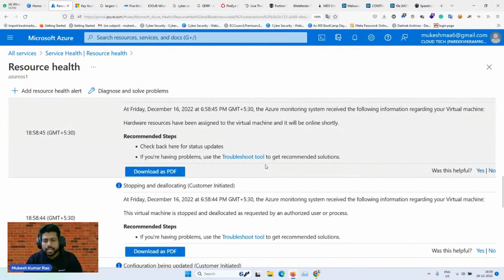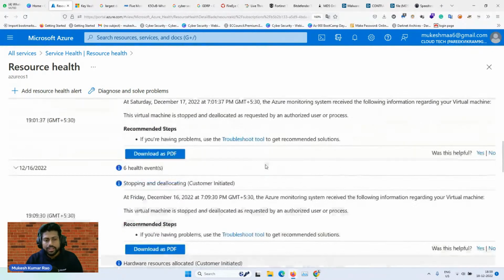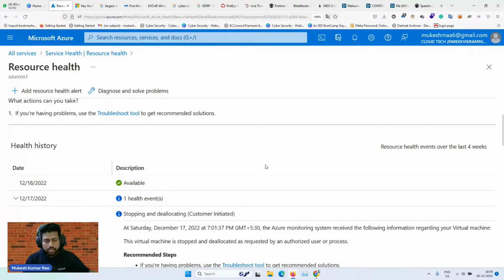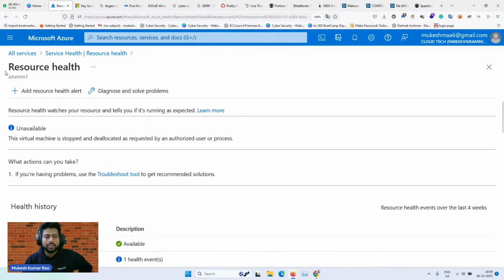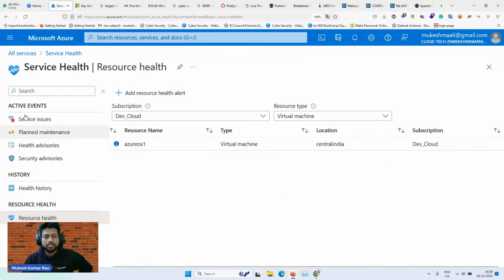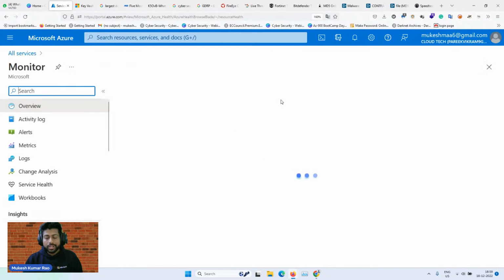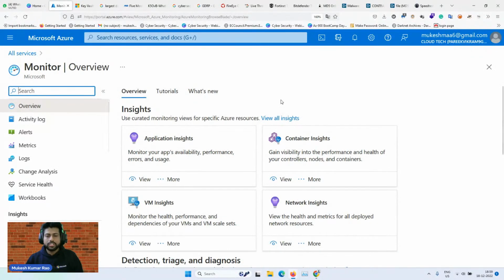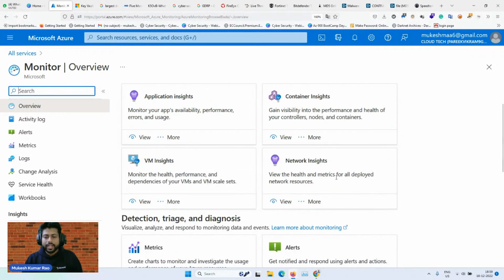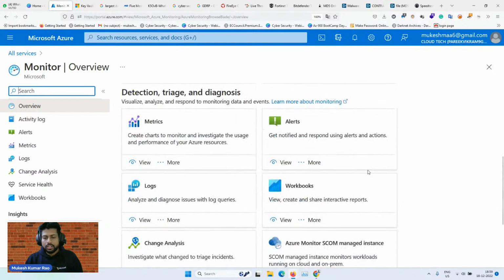So that's how you can manage your resources more appropriately, and it will cover all the regions, not only one geolocation like the India location or West US or East US location. It will give all the resource allocation information. So that's how you can do the health part, and you can click on Monitor. There we have this monitor section available to monitor your real-time activity. This is also categorized in different areas like application, containers for Docker and Kubernetes, network health, virtual machine, and then you can see it in metrics format or log file format.